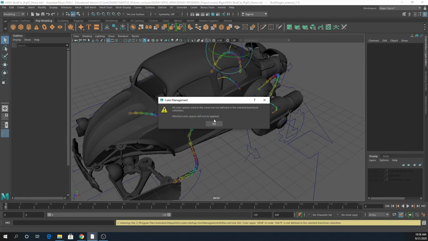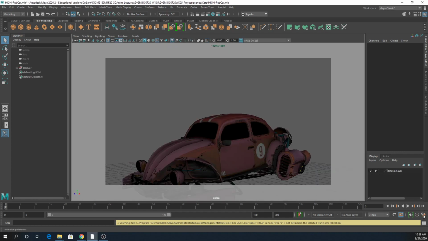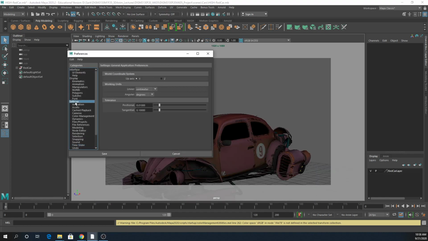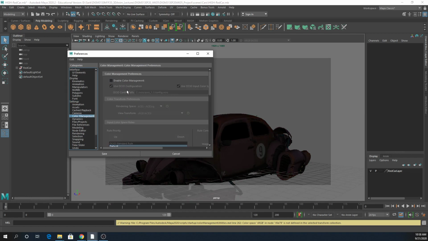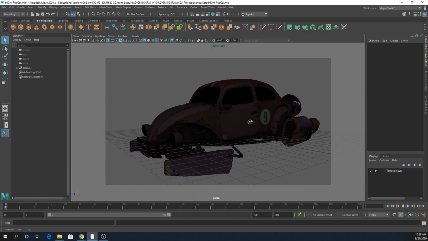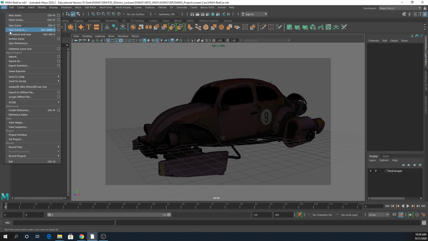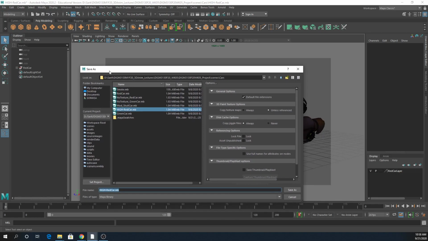Okay. And I'm gonna turn off color space. When I resave, it should be okay. It should save the color space, no use color space also. So that should be okay. Let me save as, and I'm gonna call rigging, put into a different folder so that won't get confused. I'm gonna just call red car rig